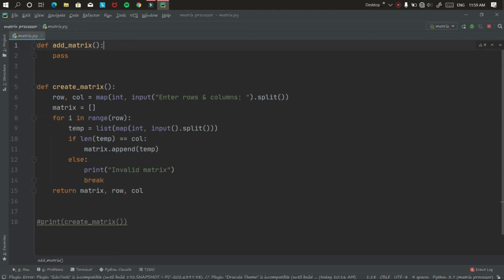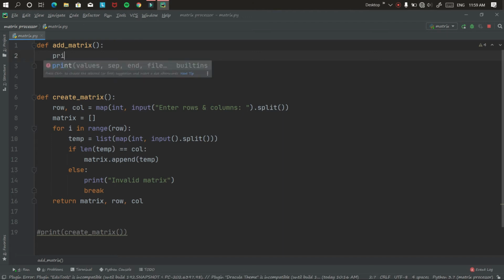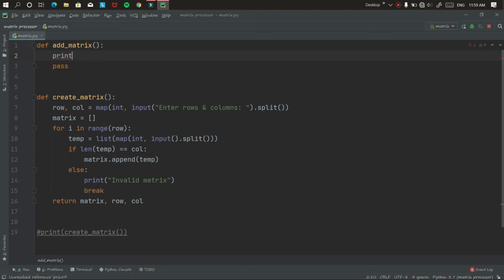Now I create two matrices inside add matrix function and the created matrix will be stored in matrix A variable, and rows and column will also be stored in row A and column A variable respectively.